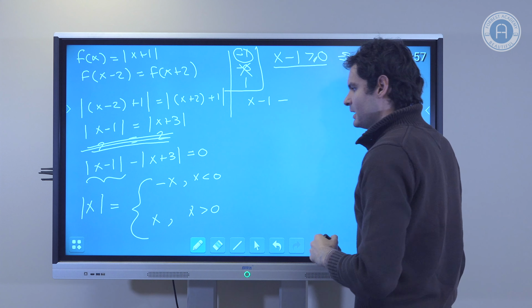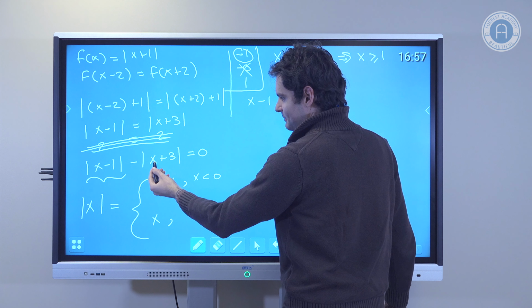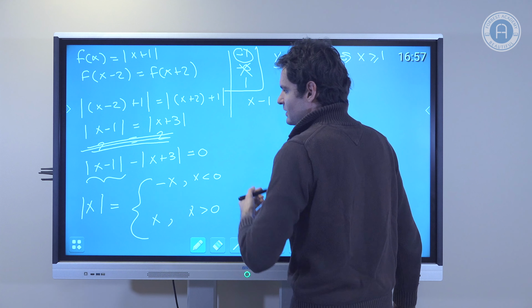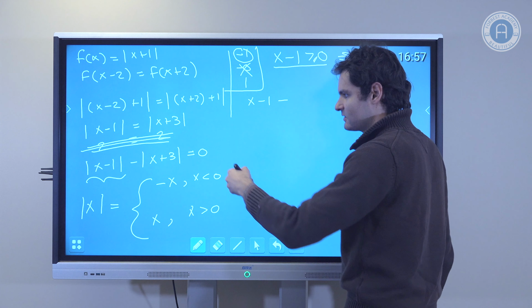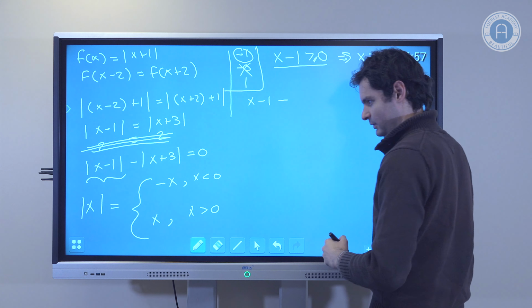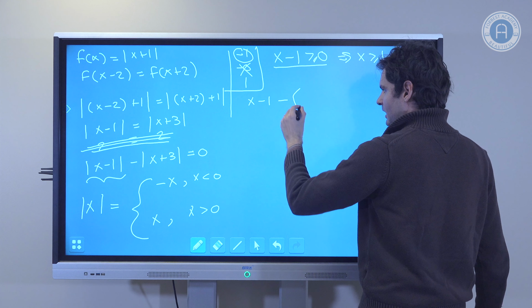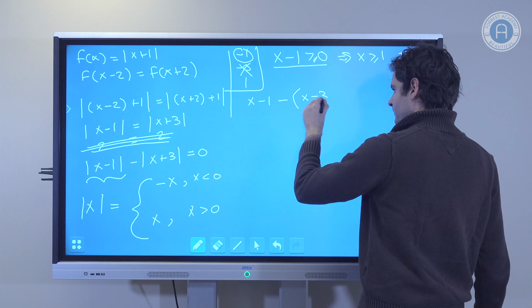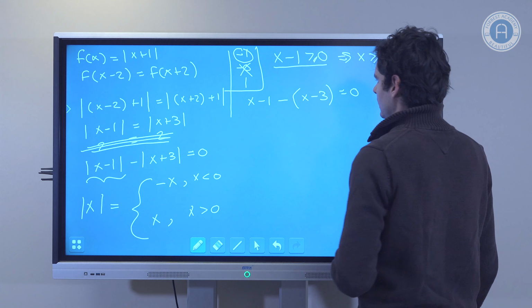So if x is bigger or equal to 1, then the absolute value of x plus 3 is going to be just x plus 3, because this quantity will never be negative because x is bigger than 1, right? Okay, so that means that we have minus. Now we remove the absolute value sign. We have x minus 3 is equal to 0. And now we have